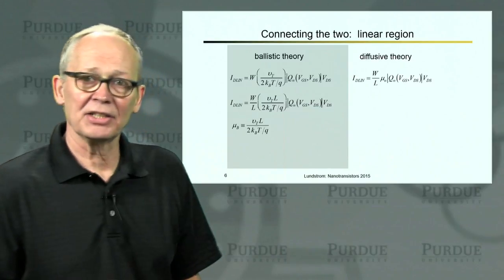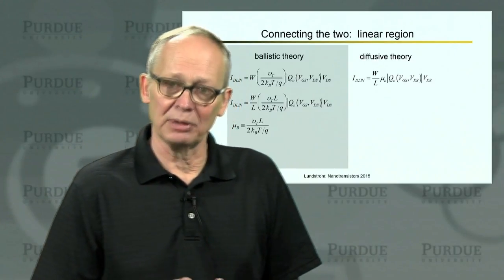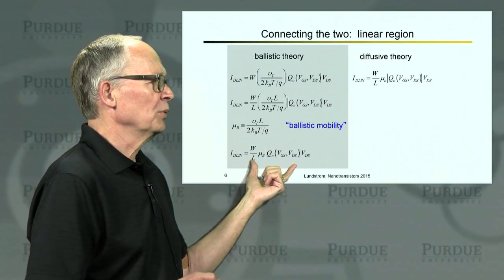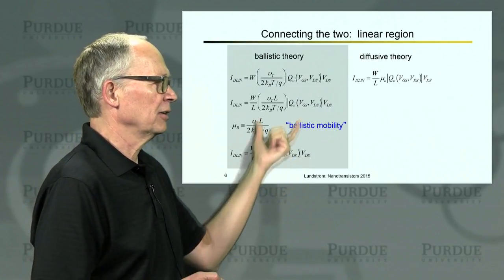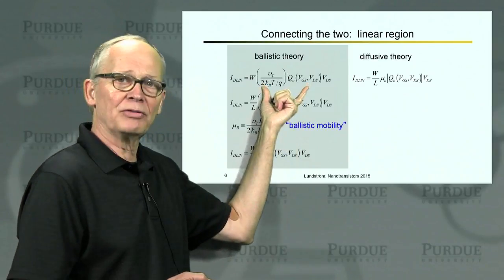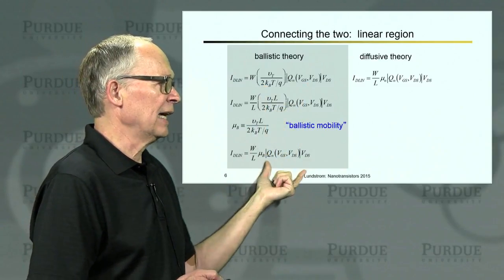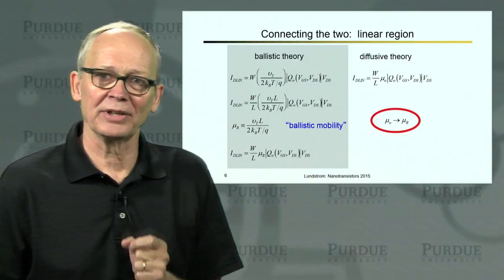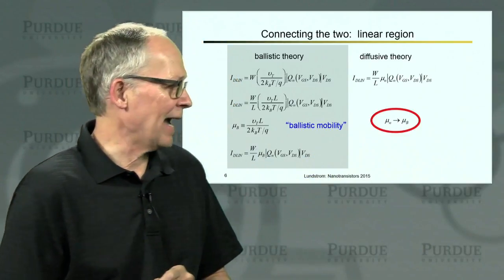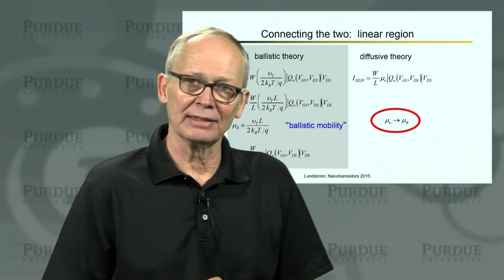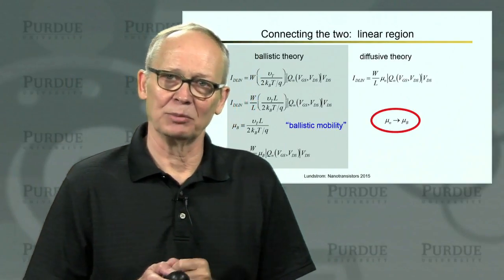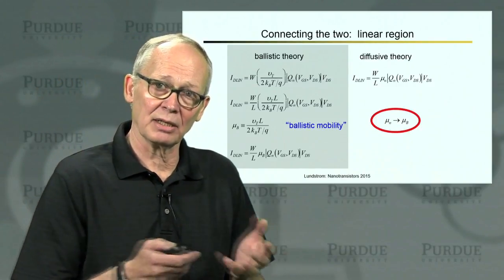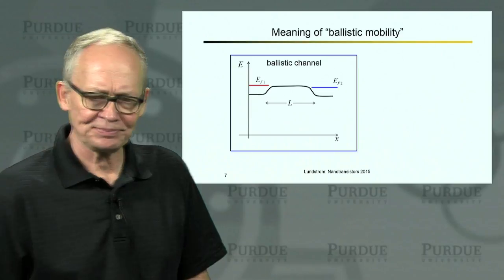I'll make this definition of the quantity we've been calling the ballistic mobility. When I do that, we end up with an expression for the linear regime current that is more familiar than the one we started with and looks more like the traditional expression. We've only done one simple thing: we've replaced the actual mobility of electrons by the ballistic mobility. That was a very simple change, and we can relate our new model to our old model very simply.